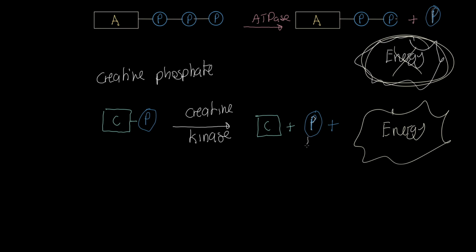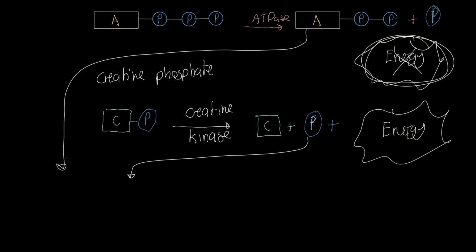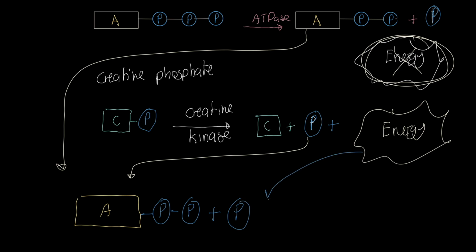So what we're going to do is bring this down here. That's just a general area. We're going to bring this down here, and we are going to say that we have got ADP. So there's my adenosine, there's my adenosine diphosphate. Okay, so there's my ADP. We're going to take my P from here and say plus P. We're going to take this energy here and say plus energy, which we're going to use to bond and bind this phosphagen onto this ADP, and we are going to produce